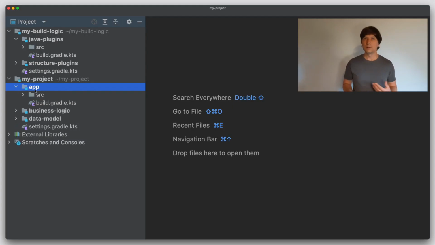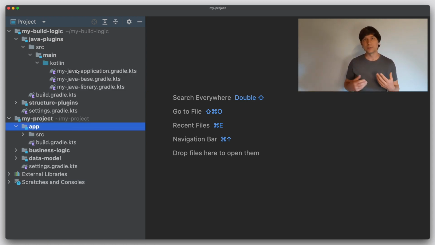Always when you aggregate something, you need to decide in which project this aggregation happens. So for the Javadoc, we picked our app project to do the aggregation there in the other video. This is a good choice in a setup like ours, because the app project is a place where also all the code is aggregated. So the app project already has dependencies to all other components of our software. So if we want to collect some report or verification data from all of our projects, we already have a dependency setup where all these projects are reached through the dependency graph.